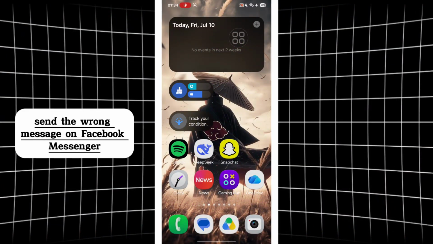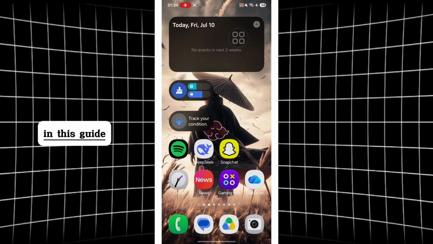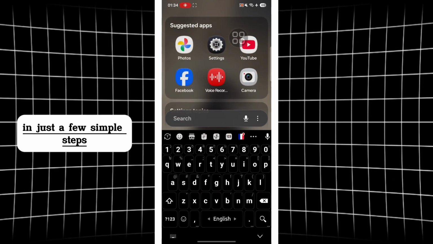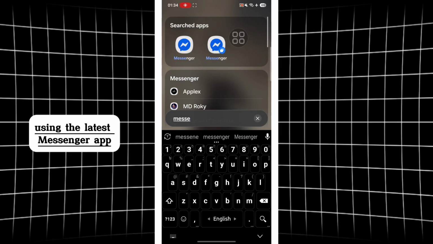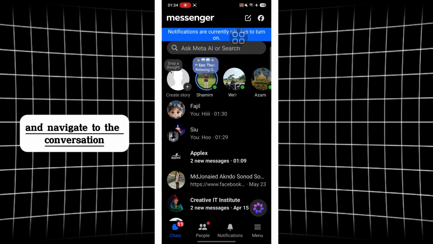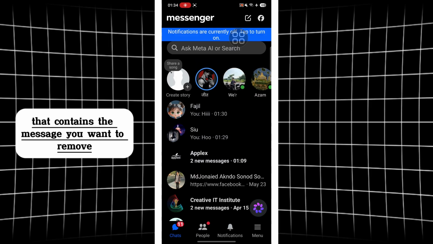Did you accidentally send the wrong message on Facebook Messenger? In this guide, I'll show you how to unsend messages for everyone in just a few simple steps using the latest Messenger app. First, open the Facebook Messenger app and navigate to the conversation that contains the message you want to